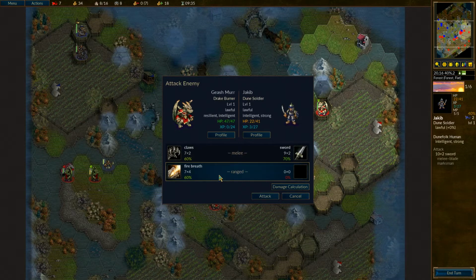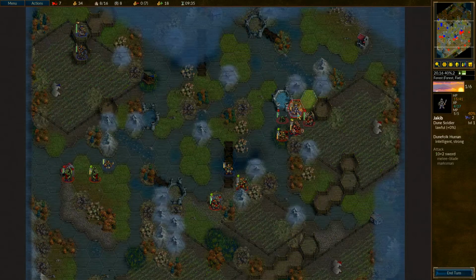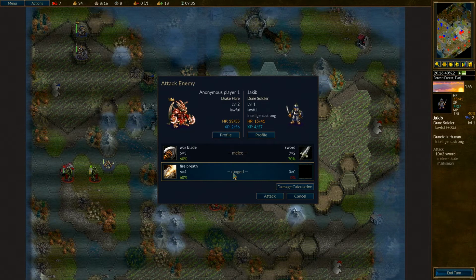Yeah, you can see right there, 7 damage now as opposed to the 6 it was before. So this is going to be painful if I hit. But you can see where the random element comes in, because it was a 60% chance and I only hit with one of them, which really kills the momentum a little bit, because what seemed like a guaranteed kill,